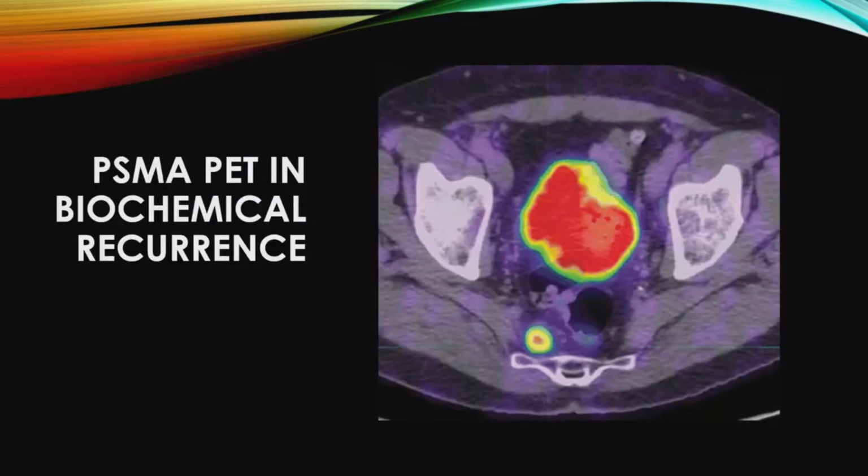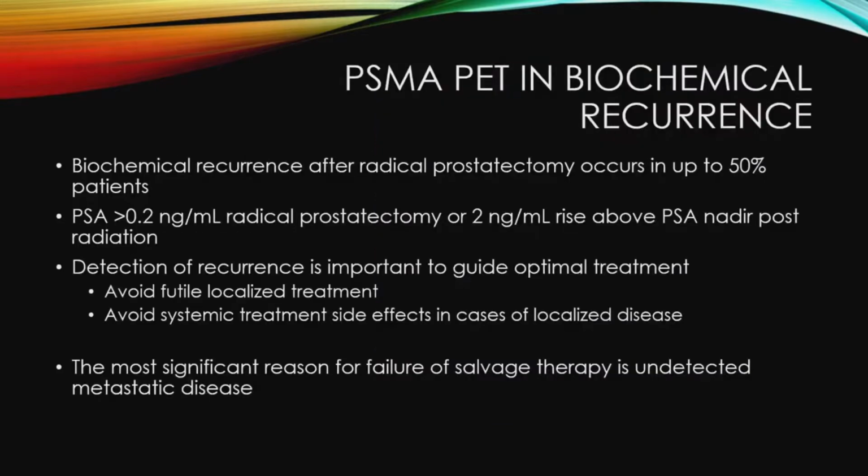The second main indication for PSMA PET is in the setting of biochemical recurrence. This is when there's an increase in PSA following radical prostatectomy or post-radiation. Biochemical recurrence after radical prostatectomy occurs in up to 50% of patients, and the detection of recurrence is important as